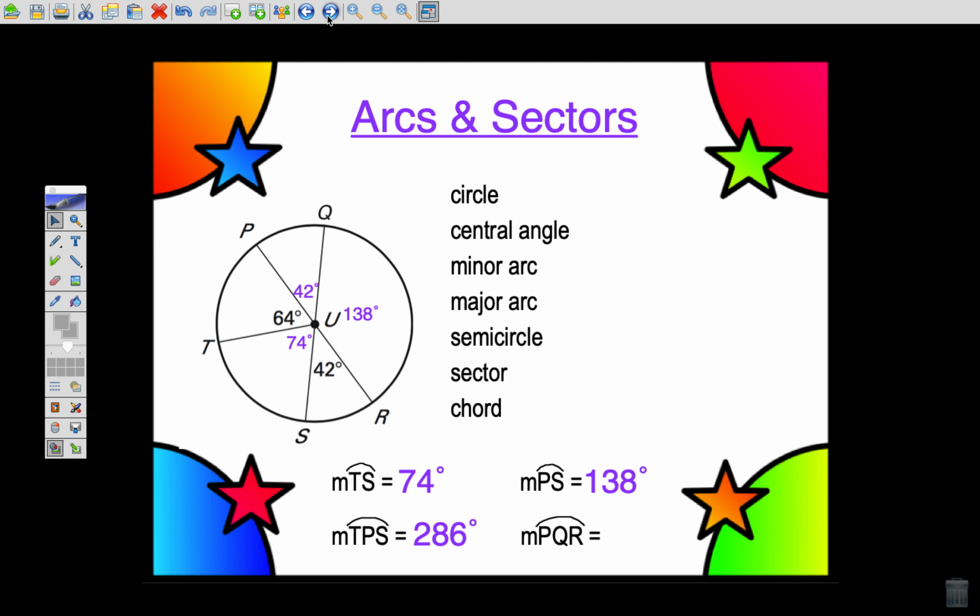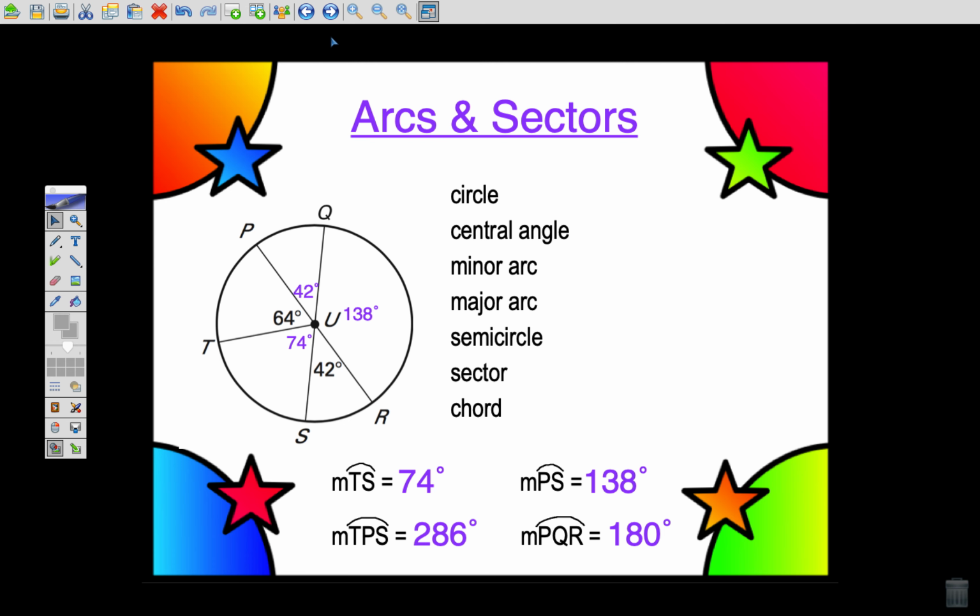Either way, you'll get 286. And then finally, measure of arc PQR. There's P, there's Q, there's R. You can see that's exactly half a circle, so that's going to be 180 degrees. And again, just a review from earlier, this would be minor, this would be minor, this one's major, and this one is a